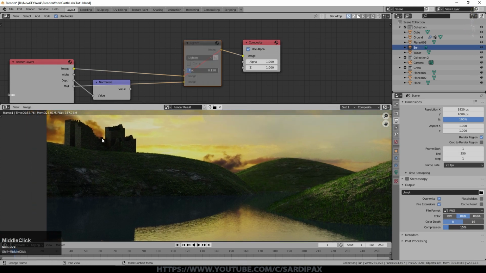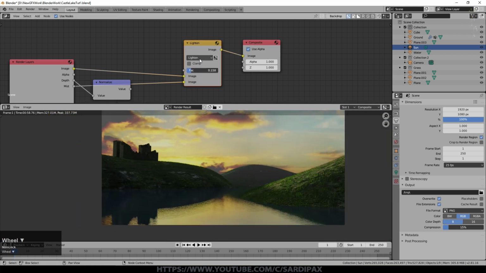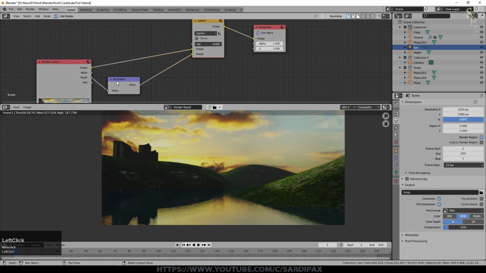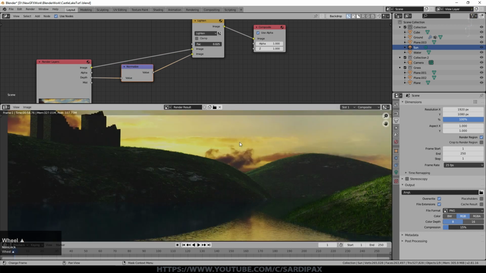So we're getting a slight effect here on the darkest part of the castle. It's also affecting our background quite a bit, which they both will. They're about the same, so it's very debatable whether you should use one or the other. The only thing I would say is switching on the mist pass probably adds a little bit to the render time. So if it was an animation, you might not want to use mist, you might want to just work with depth. But for a single frame scene, swings and roundabouts, it's not going to add that much to the render time, and there are other things to worry about.